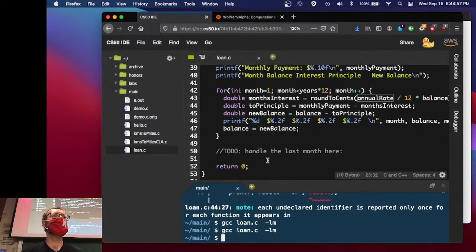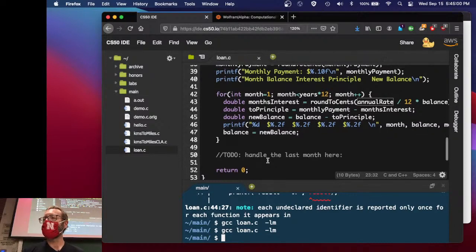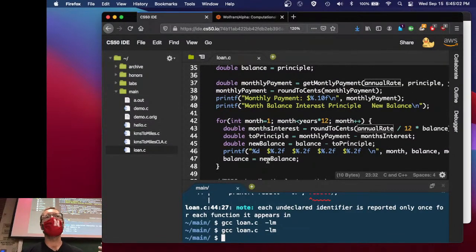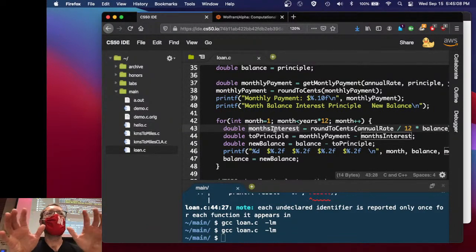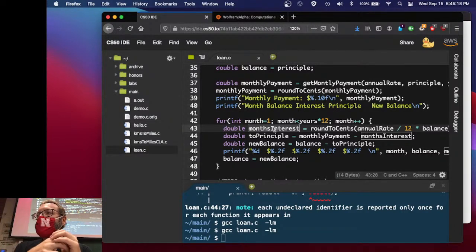I think that's pretty much it, right? Maybe reading the inputs could be put into a function. Maybe computing the monthly interest could be put into a function. My point is that eventually we're going to have complex enough programs that we have a dozen functions, 50 functions, 1,000 functions. Do you want them all in the same big giant file